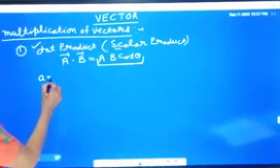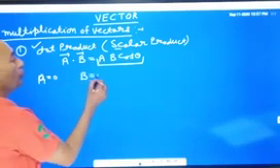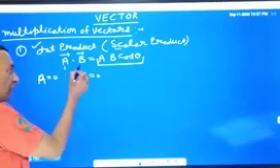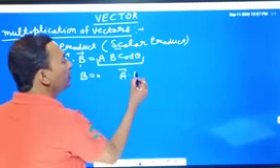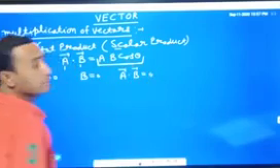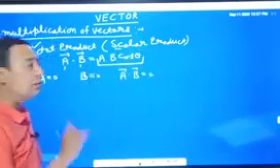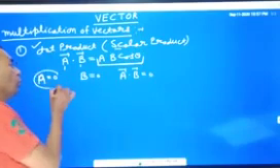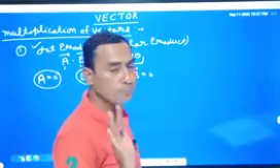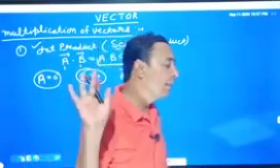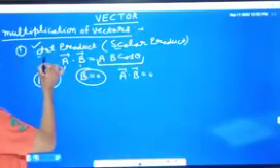अगर a is 0, a कैपिटल a लेते हैं, और b is 0, इन दोनों में से कोई भी एक 0 है या दोनों 0 हैं तो a dot b कितना आएगा, 0 ही आएगा। या तो a 0 है या b 0 है, चाहे theta की value कुछ भी हो, theta है any value, if a is 0 and b is 0 then a dot b is also 0. ये theta पे कोई बात डिपेंड नहीं करेगी।